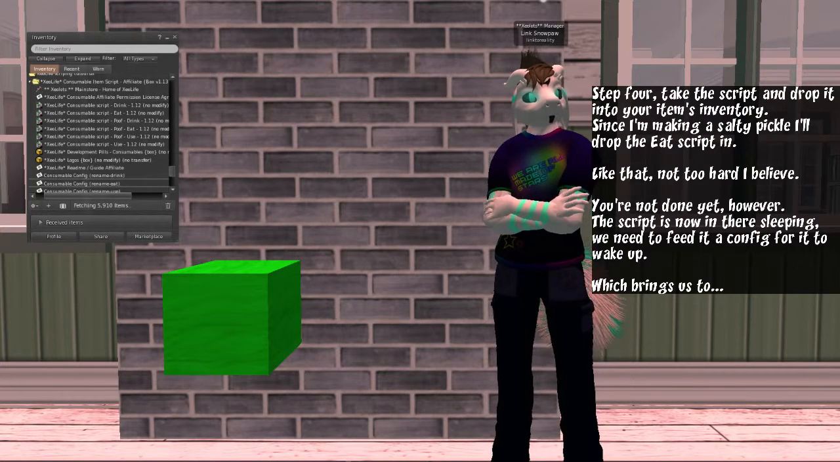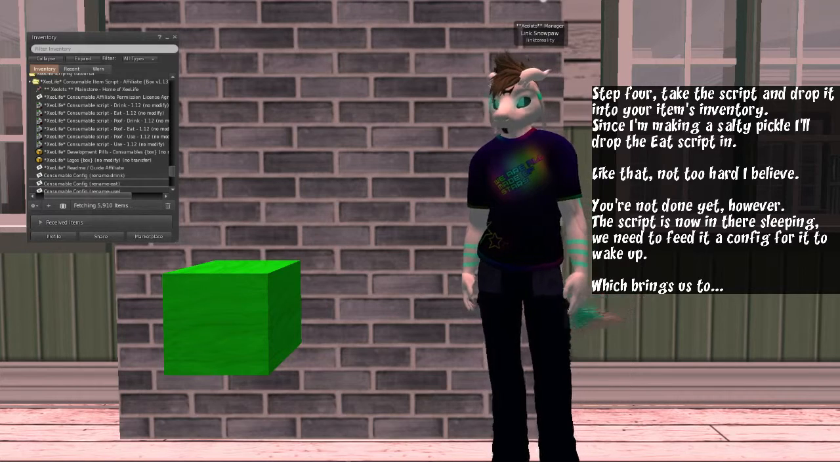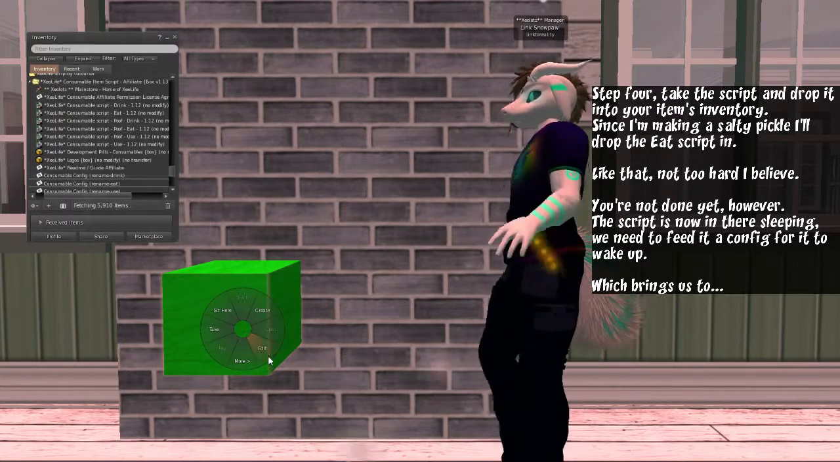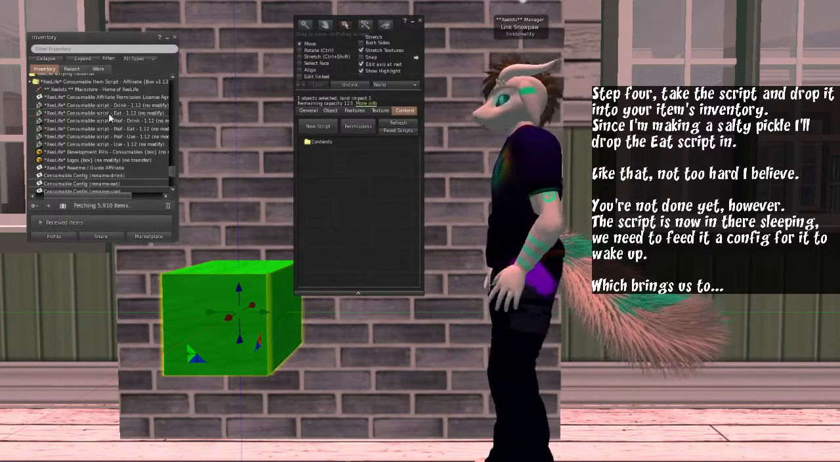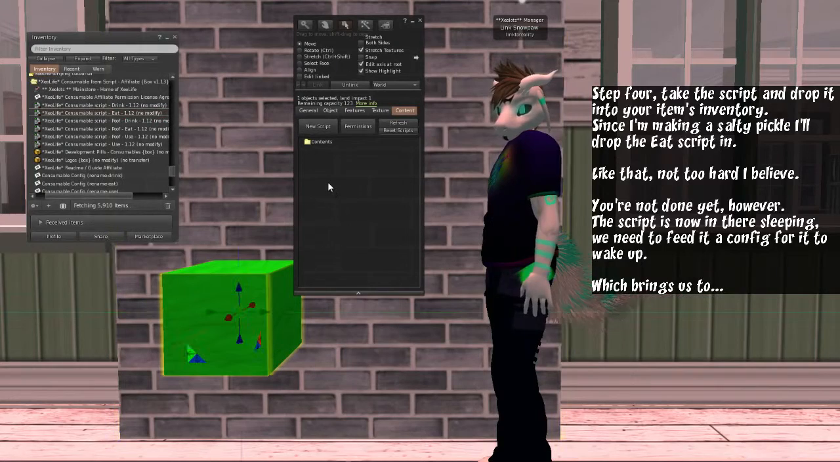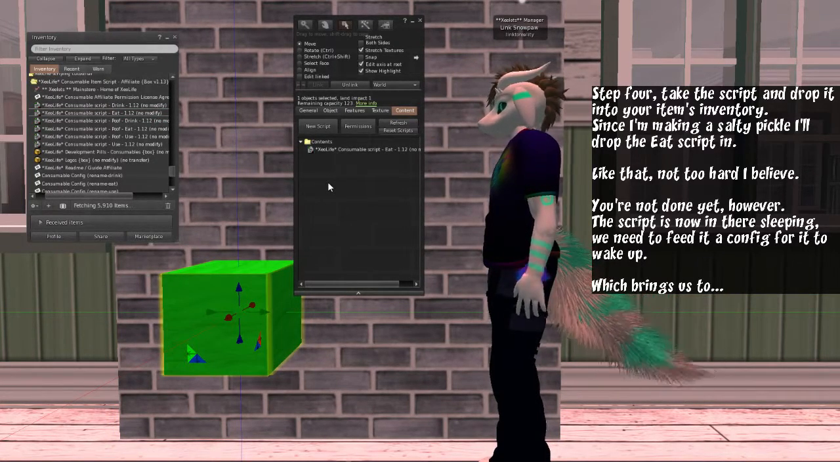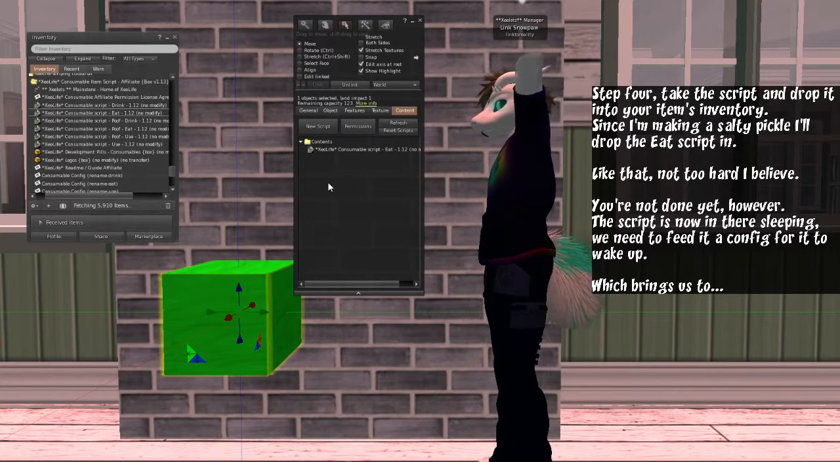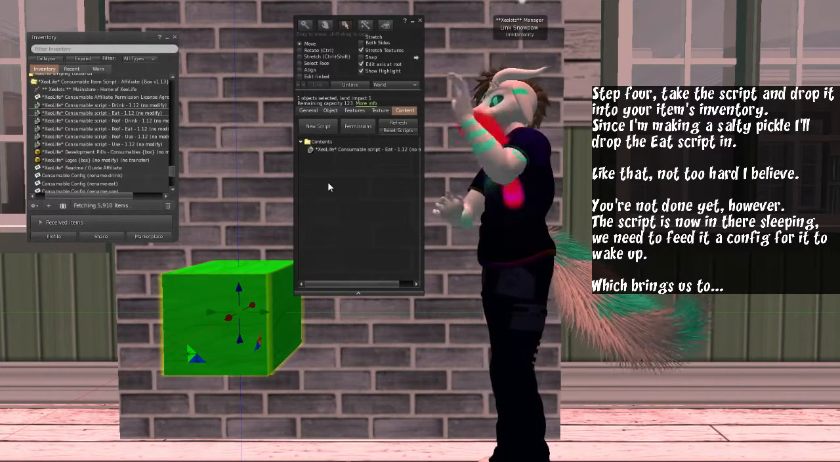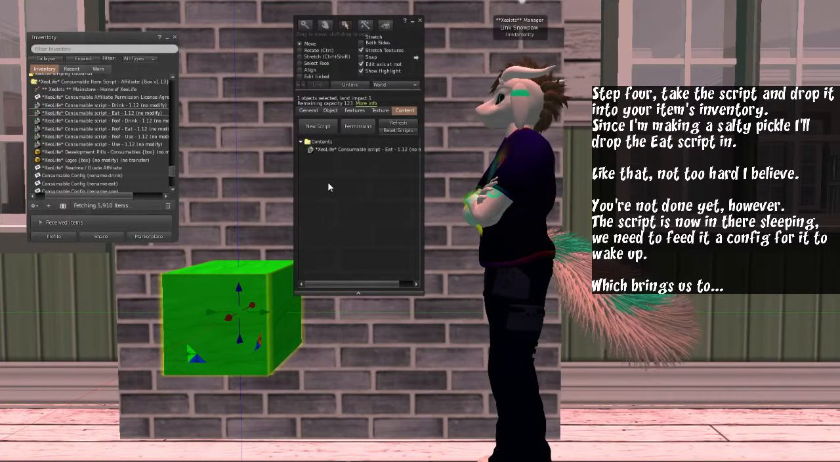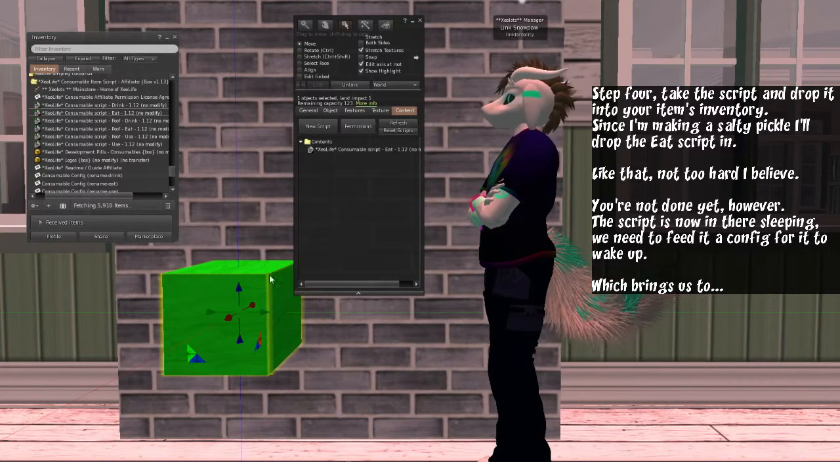Step 4. Take the script and drop it into your item's inventory. Since I'm making a salty pickle, I'll drop the eat script in. Like that. Not too hard, I believe. You're not done yet, however. The script is now in there sleeping. We need to feed it a config for it to wake up. Which brings us to